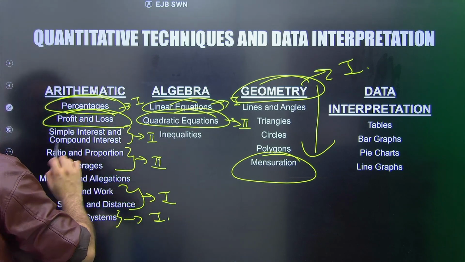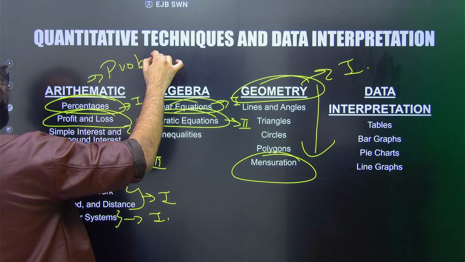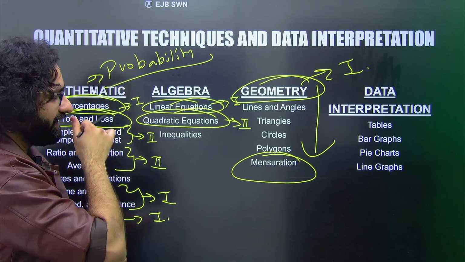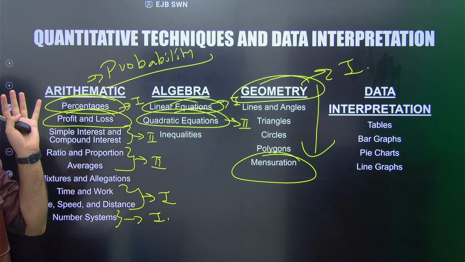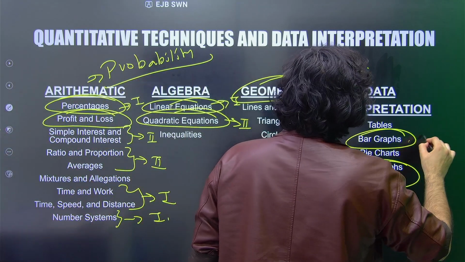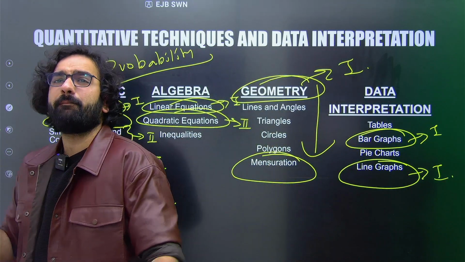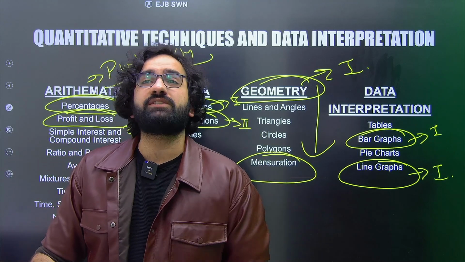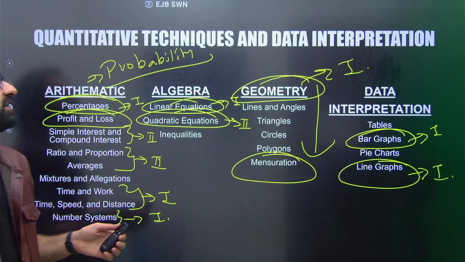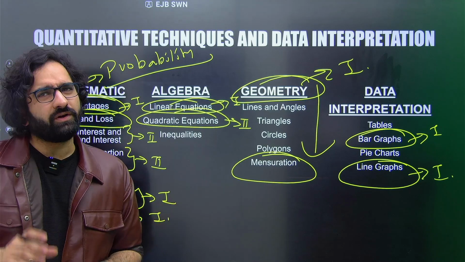Apart from this, any kind of probability questions should also be on your list. All sorts of probabilities and everything. Now, finally, when we come to data interpretation, in this one, bar graphs and line graphs are the ones which take the cake for us, and these are extremely important for you to be able to go through this particular exam. This is basically our list for quantitative techniques and data interpretation, the most important topics that you should absolutely not miss out on.